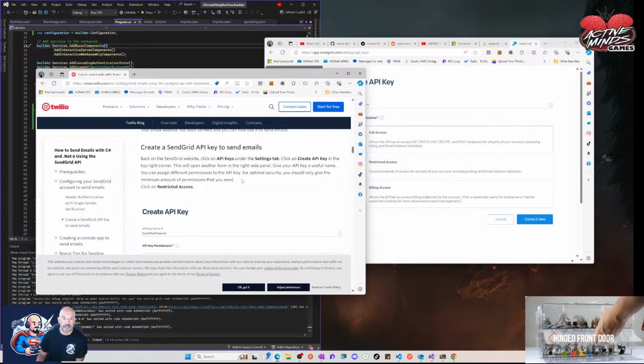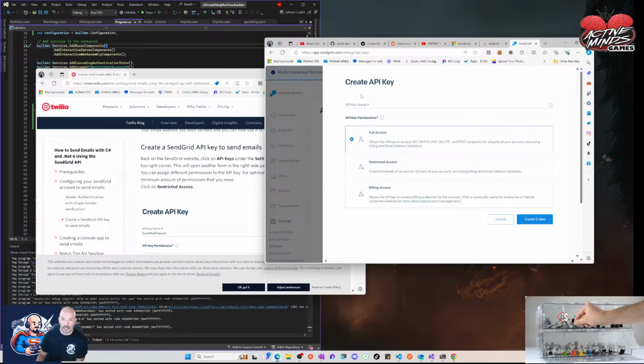Give your API key a useful name. You can assign different permissions for optimal security. You should only give the minimum amount of permissions that you need. Okay, so API key name. What do we want to call this? We'll call it something. All right, let's call it